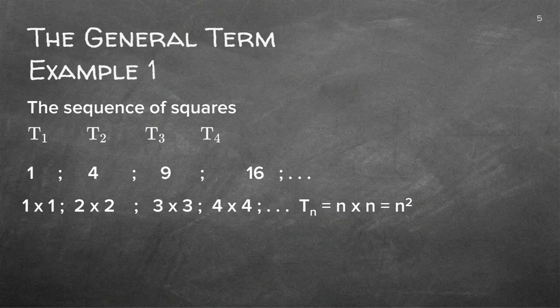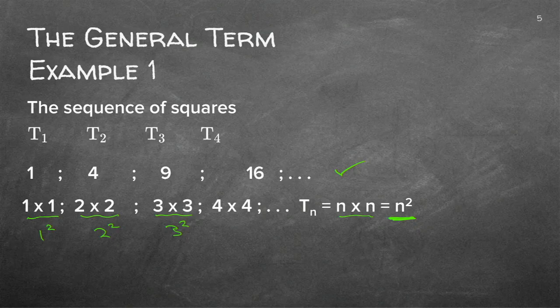Good. Let's look at an example. This is now the square numbers that we talked about just now. Normally we write a sequence like that, with semicolons in between so that we can have them nicely next to one another. If I just give you these figures, you can already see it looks like squares. But if I write it out, 1 times 1 is actually 1 square. 2 times 2 is actually 2 square. And so we can carry on. That is actually 3 square. So n times n is actually n square.